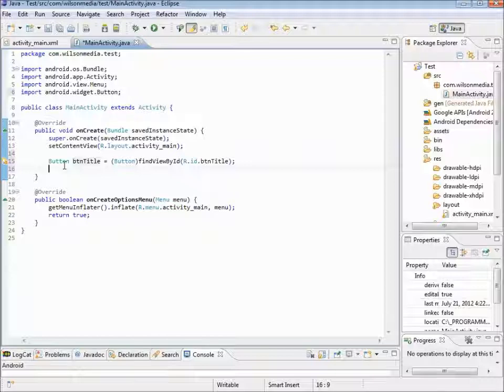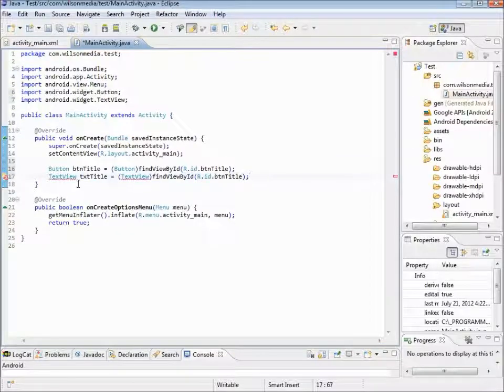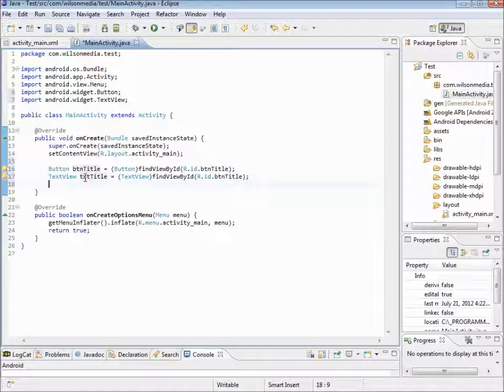I also want to create a text view. And we're going to do the same thing here. Find view by ID, r.id. There's my title. And it doesn't know what a text view is until I do that. Adds a line, and now we're good. So what we're going to do at this point